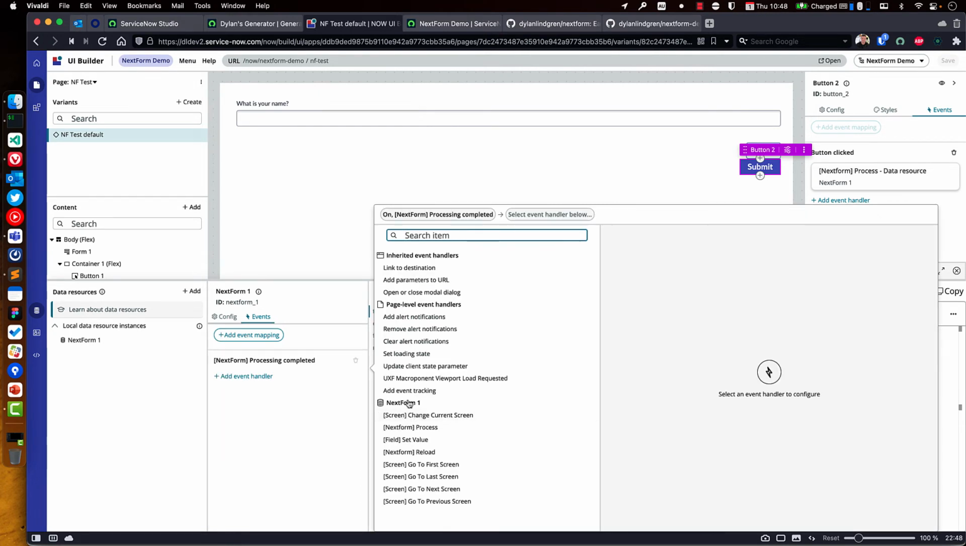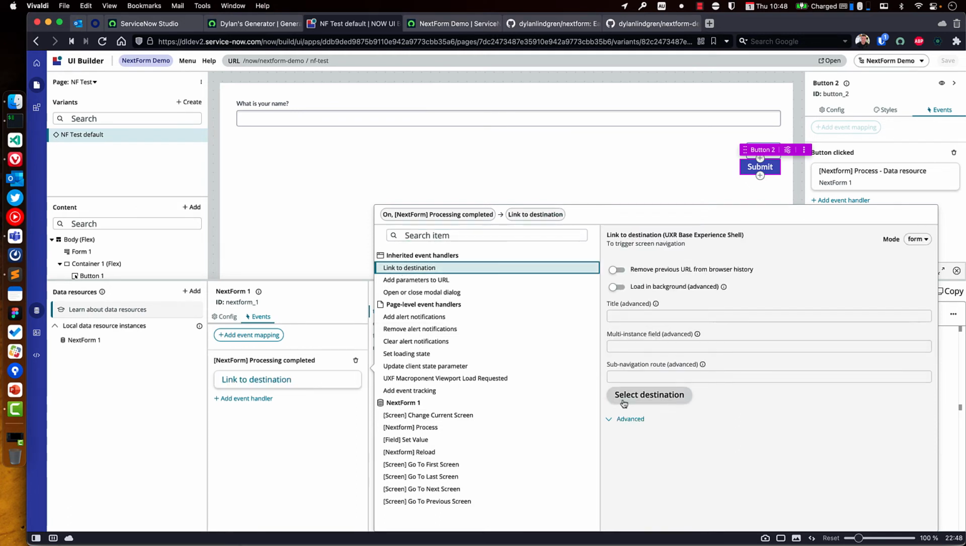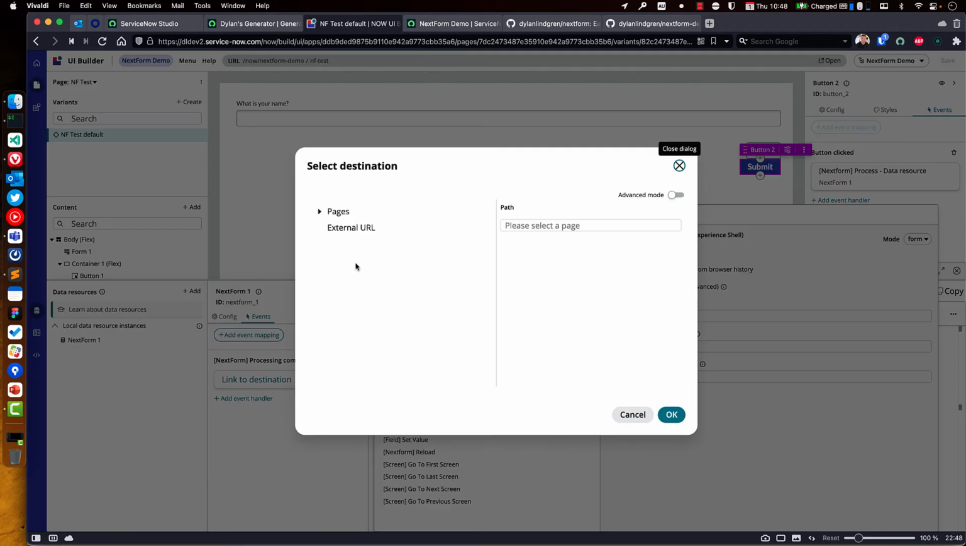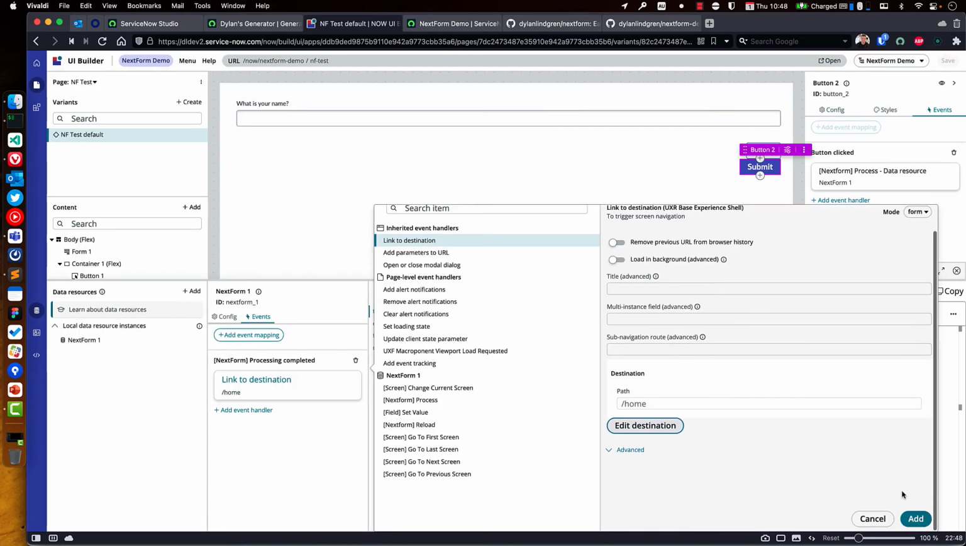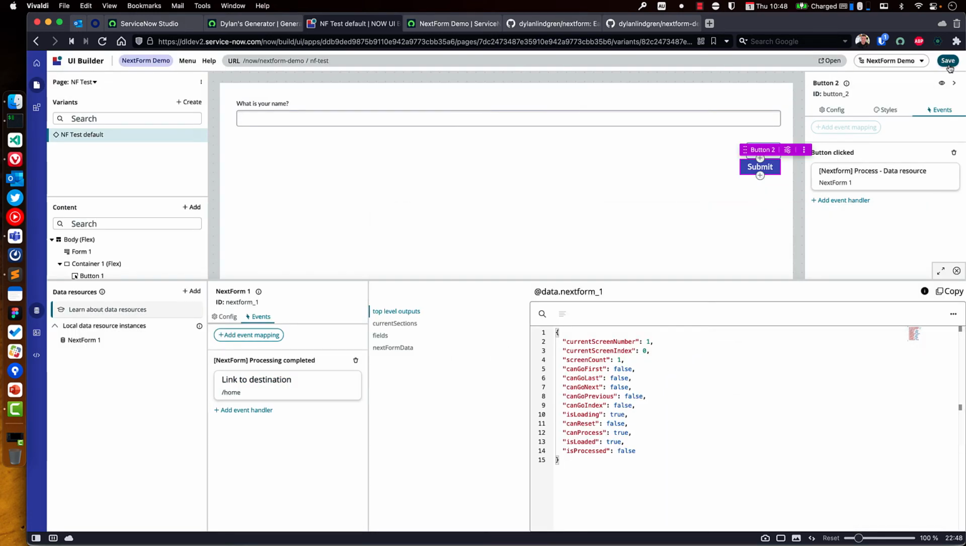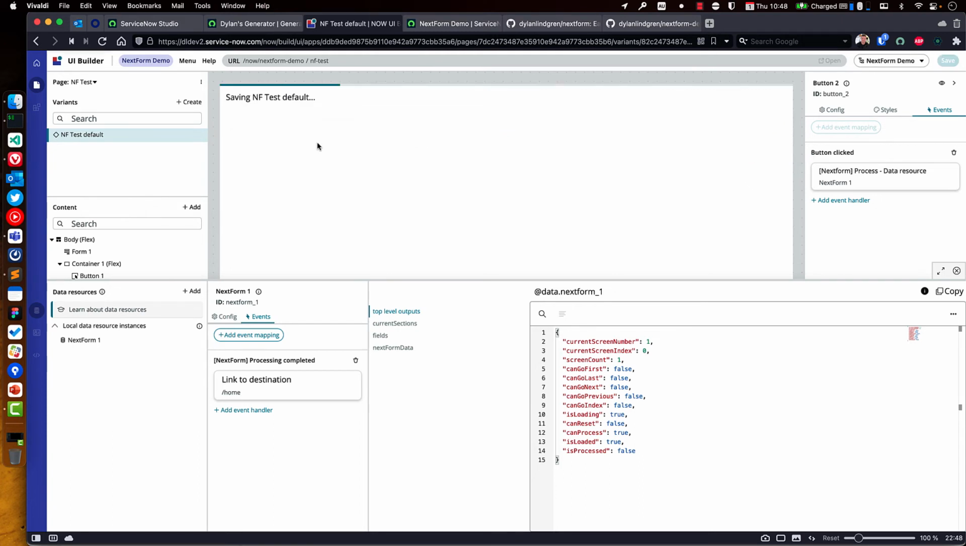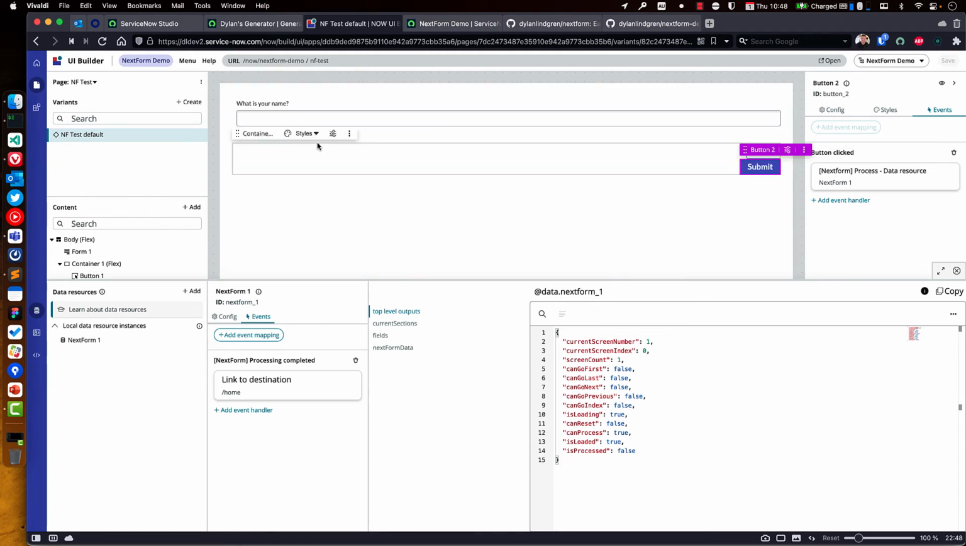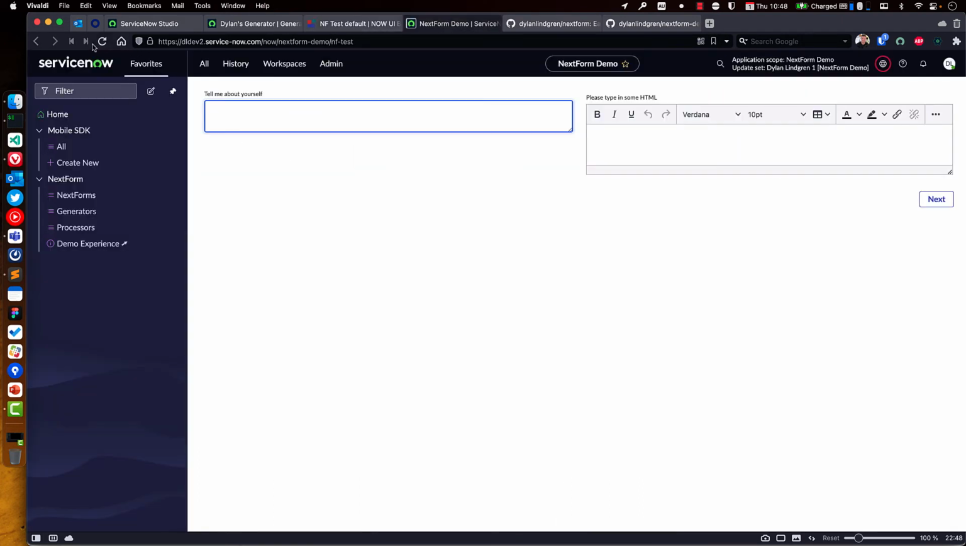So let's go to link to destination. We'll bind that to link to destination. Let's choose the destination, and we'll just choose one of our pages we've got. Let's go to the home page, back to the home page, and click add and save. Done. So now let's refresh our NextForm page again,